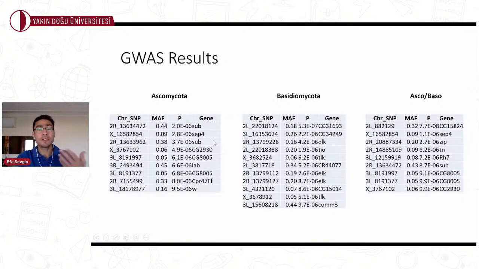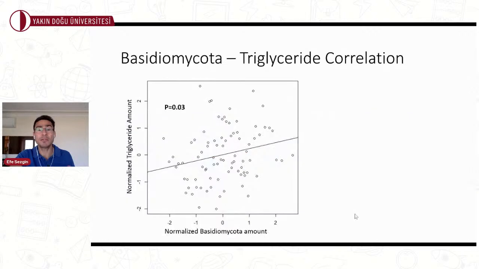So for Ascomycota, there are a number of genes. For Basidiomycota, a number of genes. These were the first time we have observed them, even in the literature. And these are obviously independent genome-wide association studies. And it's good that we are able to find the same genes, even using, for example, their ratios and so forth. So we think that they are biologically meaningful results.